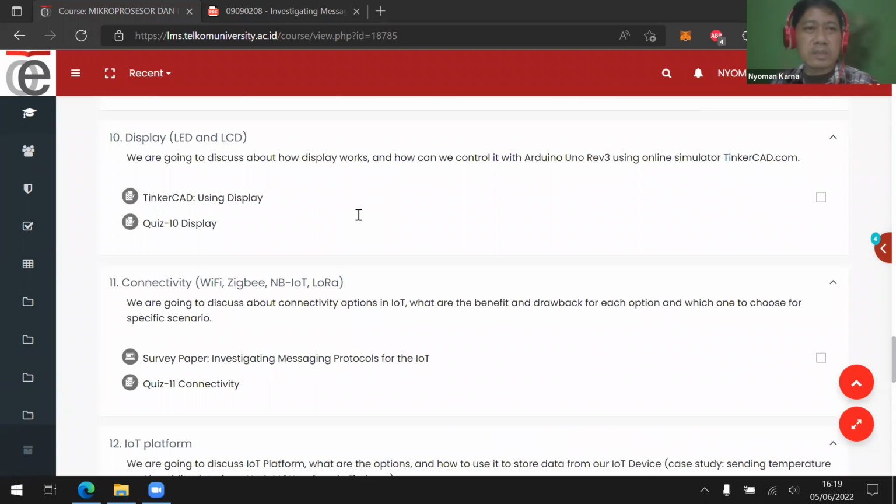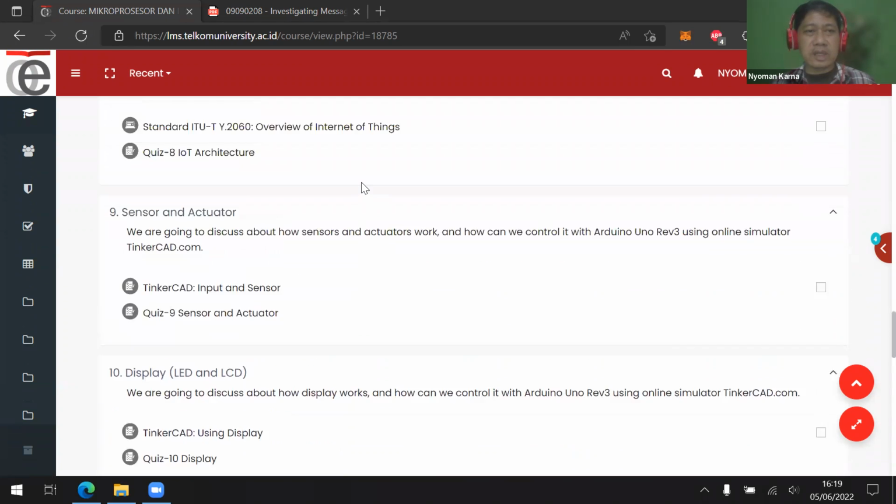Today we're going to discuss connectivity. Last week we discussed how to connect our IoT device to the display. We used the LED lamp, and then we also used the 7-segment display, etc. And today we're going to discuss connectivity, because from our previous discussion using the ITU-T